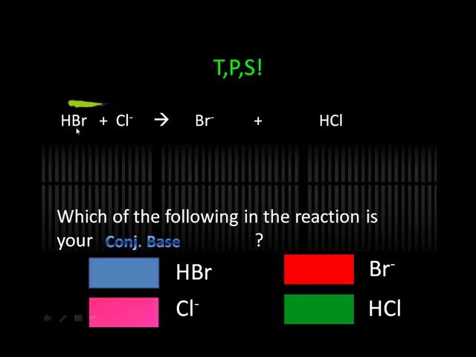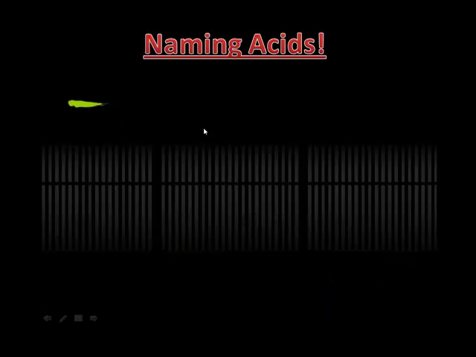So if we look at HBr, we have Br minus over here. If HBr is the acid, it is giving its hydrogen away. It's donating this hydrogen to something else. So whatever you have left after it donates the hydrogen, Br minus, that's going to be your conjugate base. Okay? Last thing you need to know is